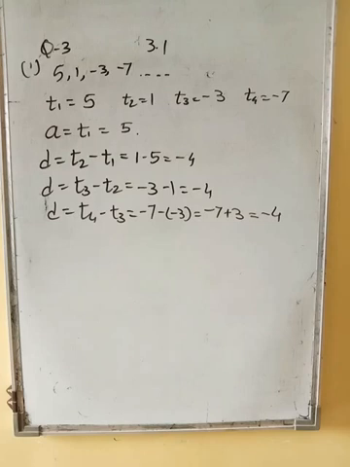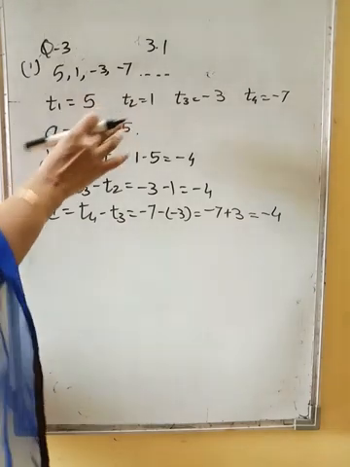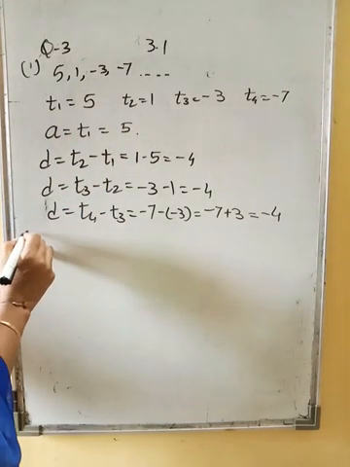Now here children, as they are told AP, if you just find out a difference from the first 2 terms, it is logically correct. But as they had given 4 terms, let us find out the difference for all the 4 and confirm our answer. So I will suggest you do all the terms whichever are given and find the difference. Okay, so then you write down.